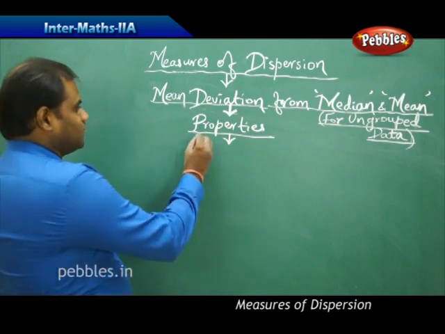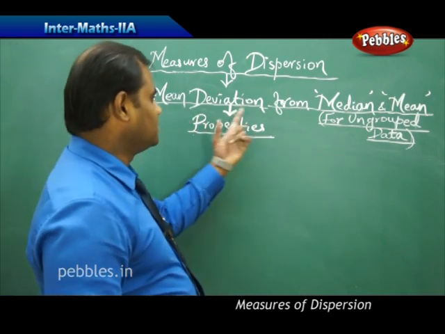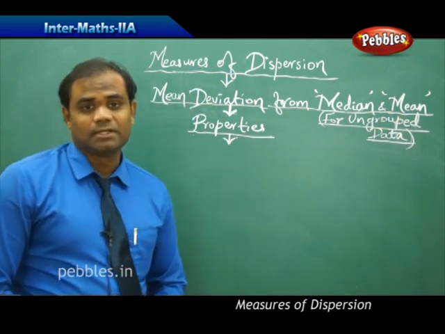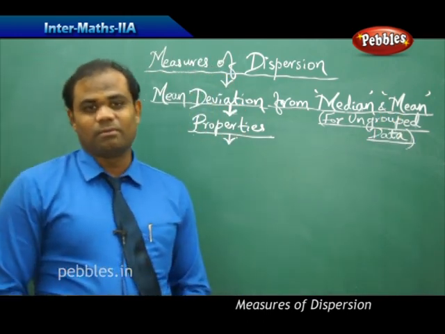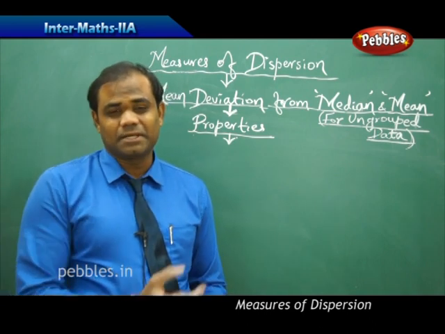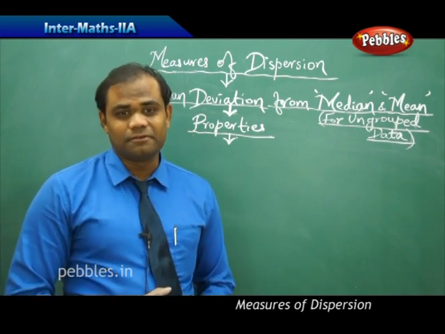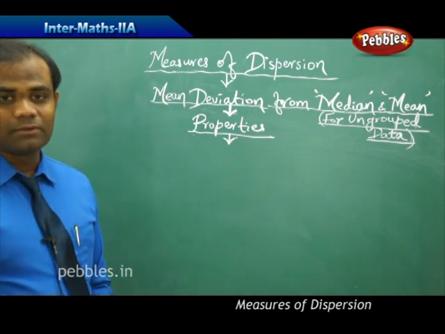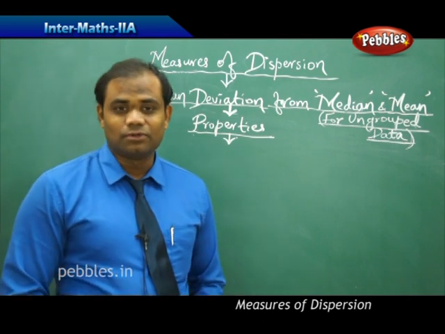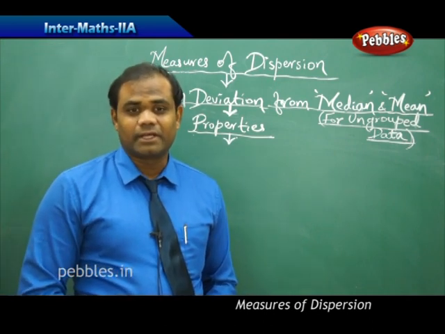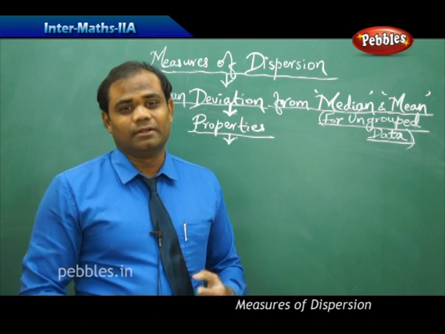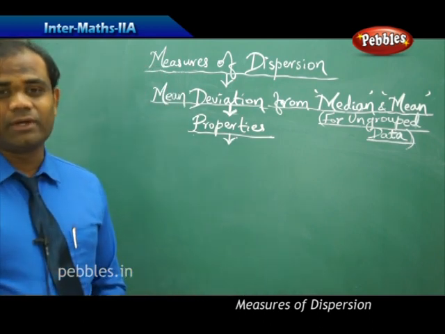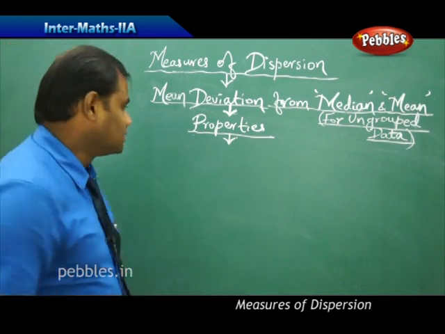So in this case, we find the properties where I find the mean deviation from median and mean. We have some properties which we need to discuss. Now, in the previous two problems which we have discussed, we had the same data considered for finding the mean deviation from mean and median. We observed that the value of the mean deviation was the same when calculated through mean and also through median. The value was 3.25. But it is only a coincidence, but usually the mean deviation